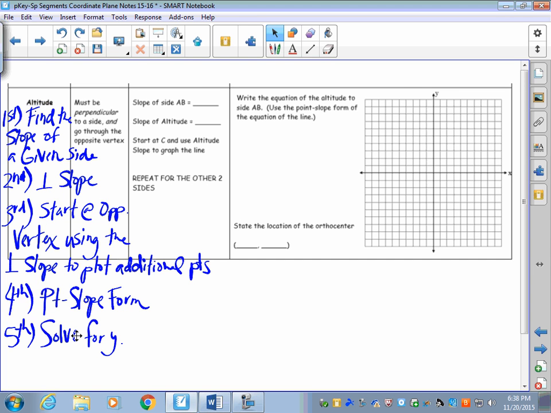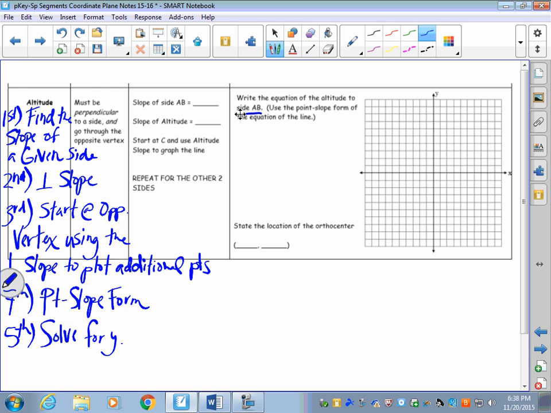Okay, so our next one is writing the equation for the altitude. On here, they want us to write the equation for the altitude of the side AB. So I need you to go ahead and copy the steps for the altitude. Here, we're going to have to find the slope of the given side that they tell us to write the